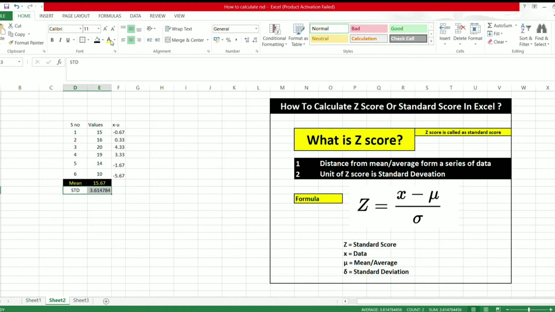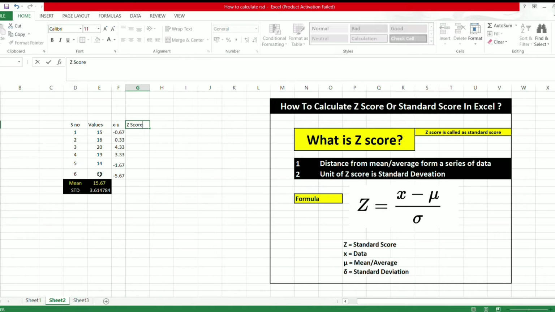I am highlighting this. This is our standard deviation. Now we need to calculate the Z-score of each value. Here we can type Z-score.